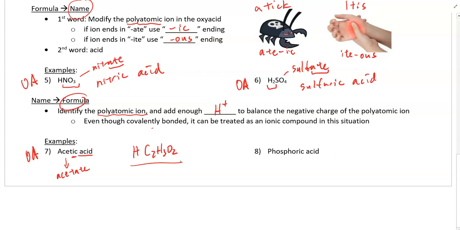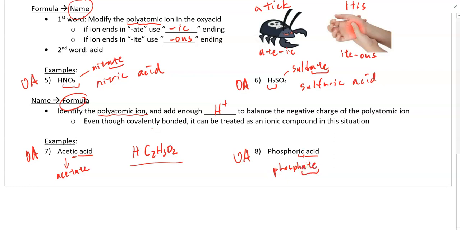What about phosphoric acid? Okay, so let's try this one out. Phosphoric acid. So in this case, one more time, acid is in the name. We don't have the hydro prefix, there's nothing there. So this is going to be an acid, but more specifically, an oxyacid, no hydro prefix. So with that said, phosphoric acid is actually going to come from the polyatomic ion